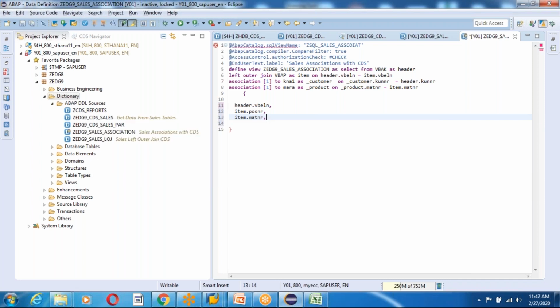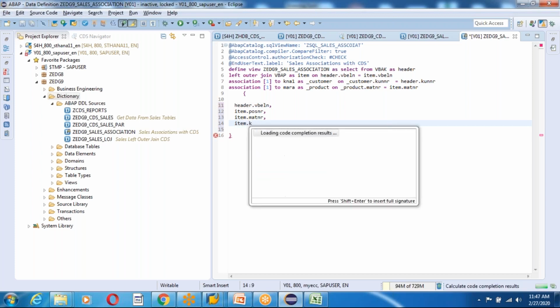And I want material description. I didn't use it, guys. Maybe normal things I'm going to take. Quantity is item dot KWMENG,